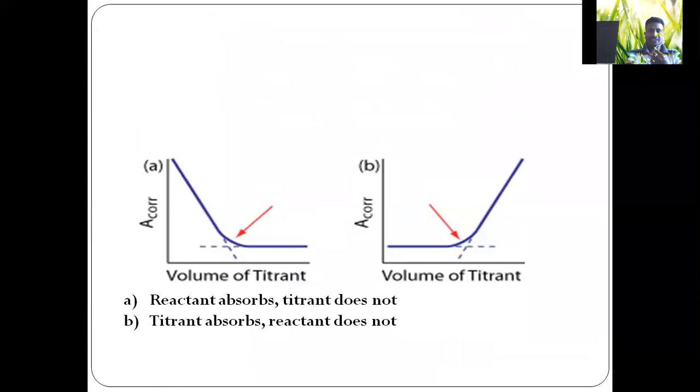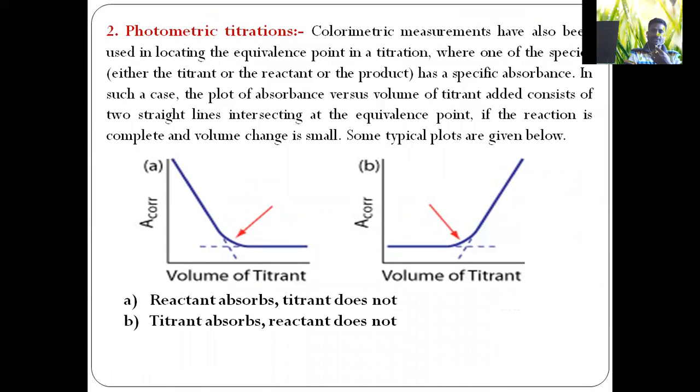Next, the second application of colorimetry is photometric titrations. Colorimetric measurements have also been used in locating the equivalence point or end point in a titration, where one of the species, either the titrant, reactant or the product, has a specific absorbance. That means one of the species should absorb. Then only it is possible to measure the absorbance of any species, and in turn the amount of metal